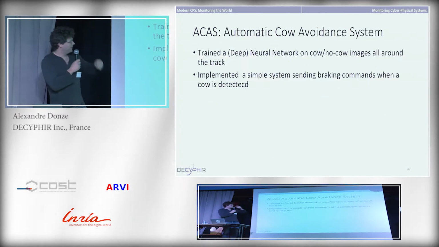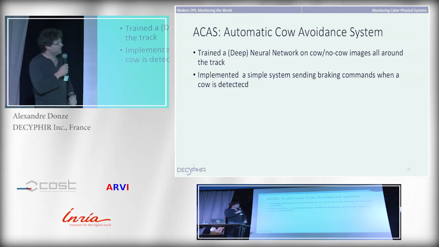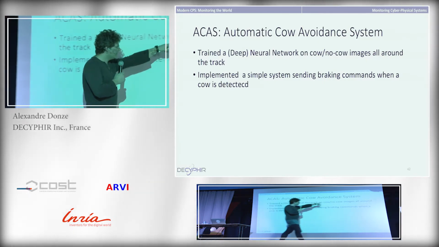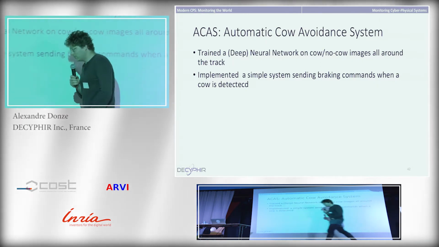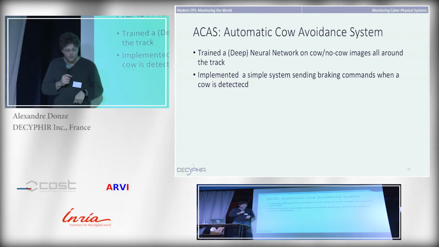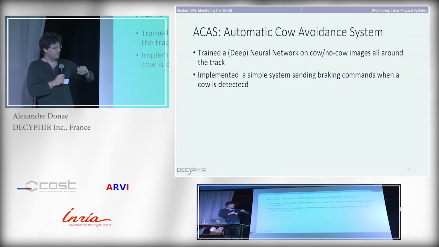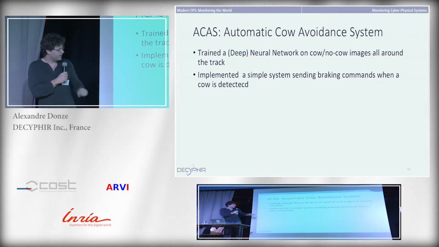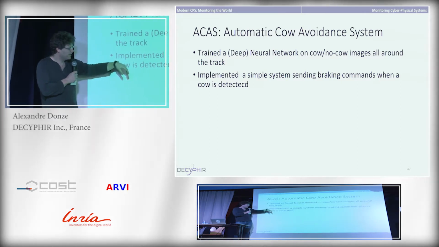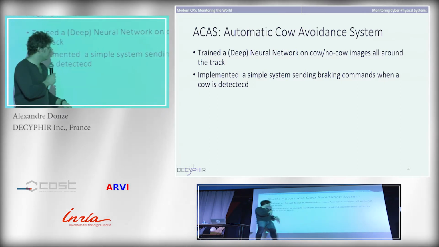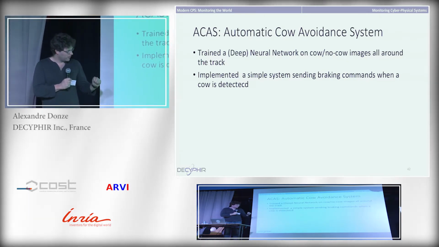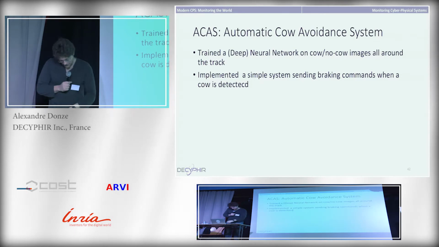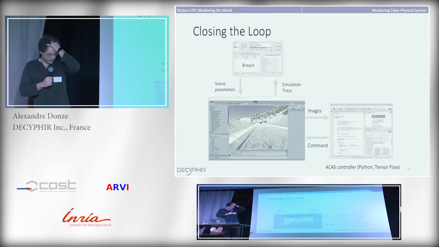With this, I could design an automatic cow avoidance system, an ACAS. With my set of cow and no-cow images, we could train a neural network to recognize features all around the track. I have images all around the track, one set without cow and one set with cow, and I train a neural network to recognize from them. Then we implemented a simple system that sends braking commands whenever a cow is detected. I have a simple controller that goes around the track, and on top of this, I had this ACAS. So now I could close the loop with this,